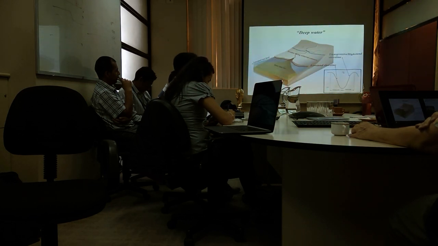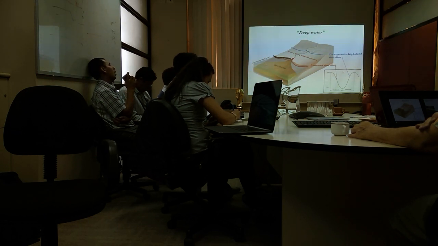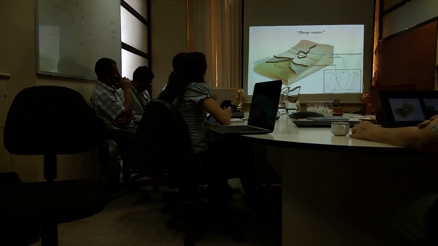Why not? Because with a small drop in sea level, your shoreline might not get out to here, so the river brings in sediment, and the sediment's deposited here rather than out here. So you really need a big drop in sea level to move that shoreline all the way across,